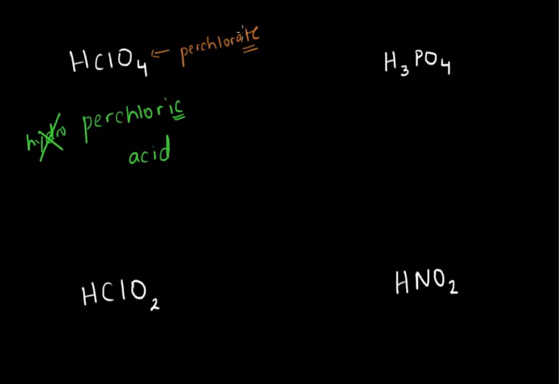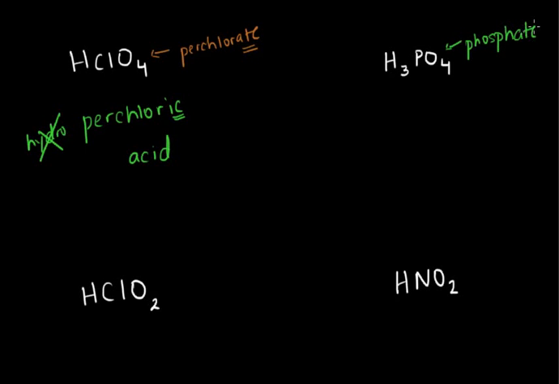And so in general, whenever you have ate at the end of your anion, you're going to add ic to the end, as you would if your anion ended in ide, but you're not going to add hydro to the beginning. And of course, you always end with acid. So what is this? Well, this is a phosphate